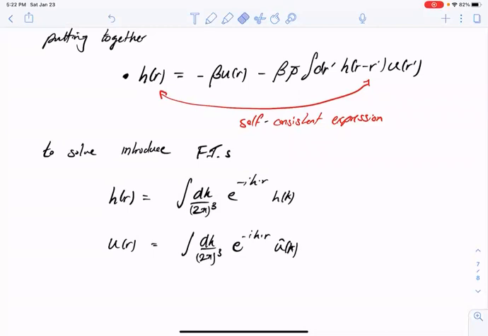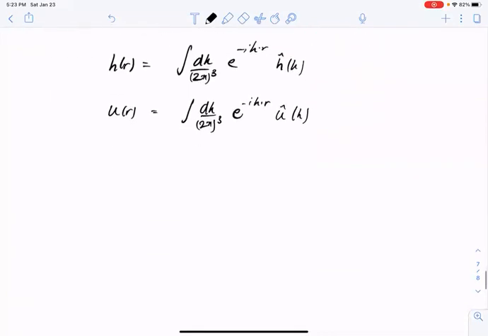Those are, of course, H hat of K and U hat of K. That convolution will end up being a product H hat of K times U hat of K. So putting that in, we will get H hat,